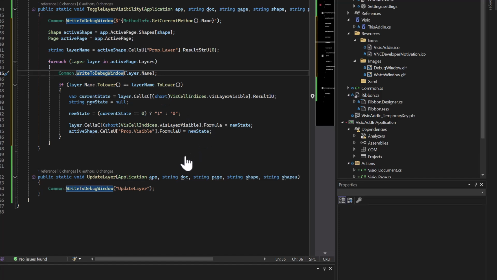And if the layer name matches the one that we specified in our shape, we get the current state of the layer. If it's 0, we set it to 1. Otherwise, we set it to 0. So we toggle the state. And then we use the layer visibility property of the section viz cell indices for that layer to set it to the new state, and then we update the value in the property in our layer state. So if we go back and run the add-in again,